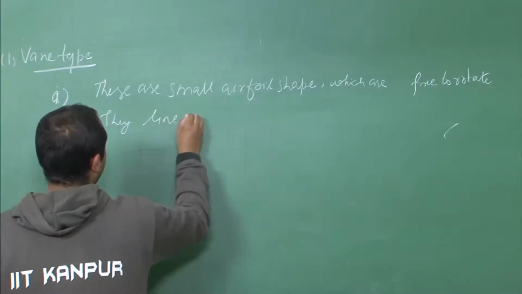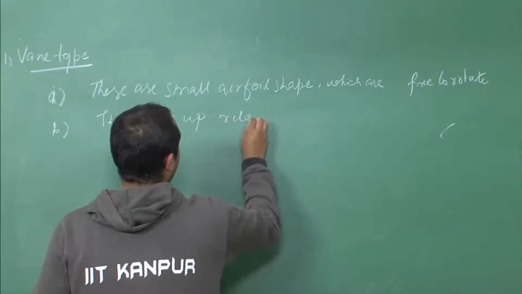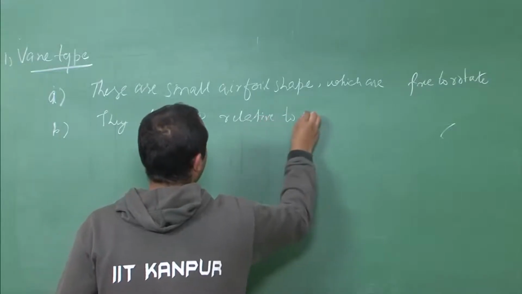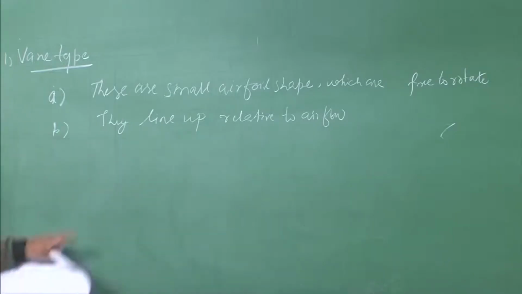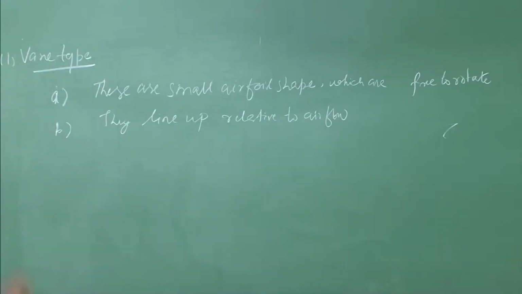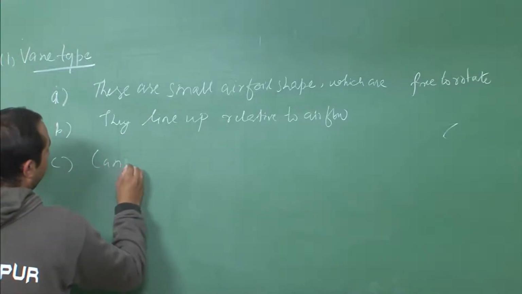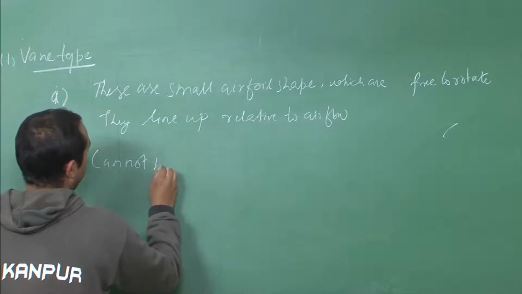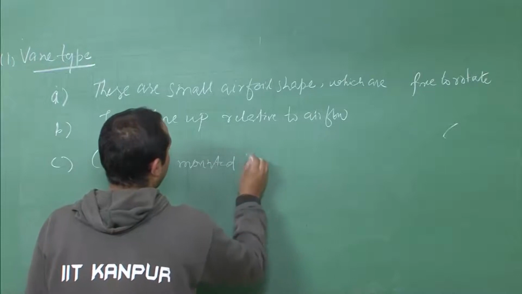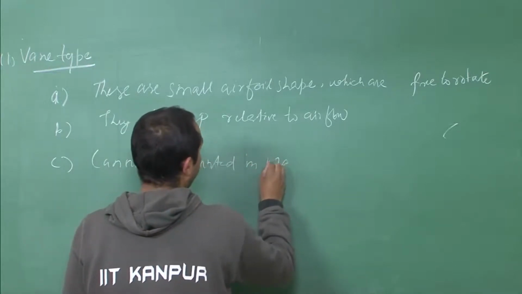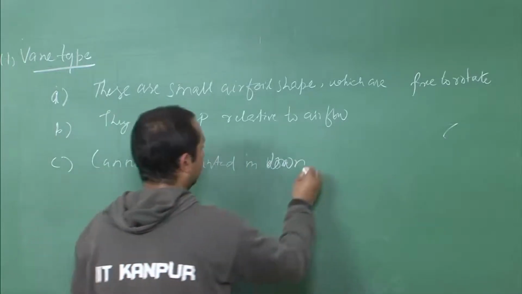Now since they line up relative to airflow, they cannot be mounted in downwash areas such as just behind your wing. And as it is free to rotate, the rotation is calibrated through a potentiometer, and we will be getting